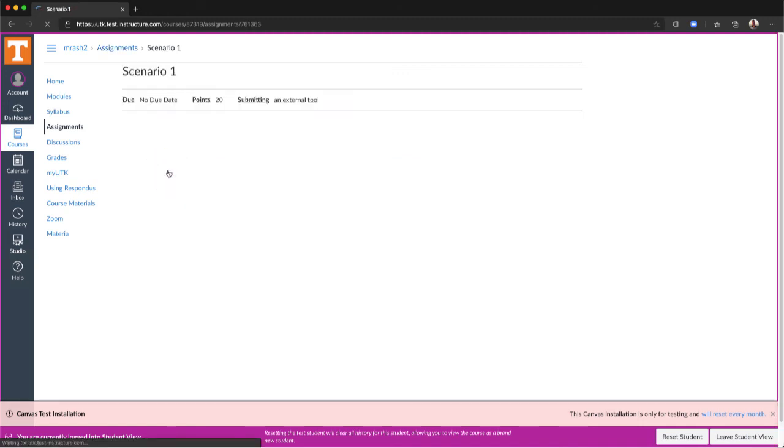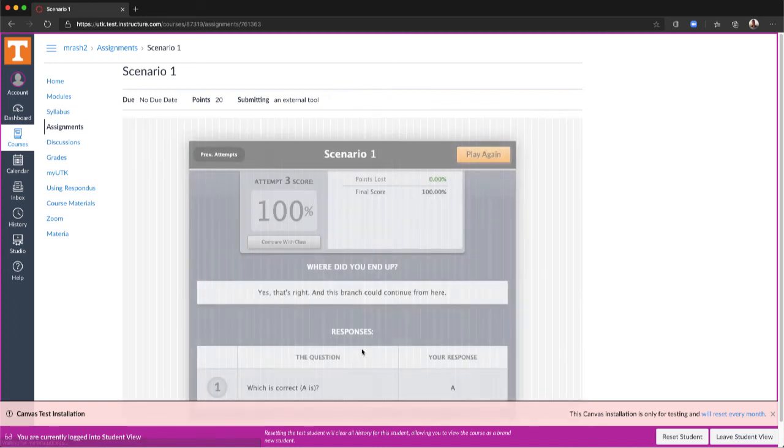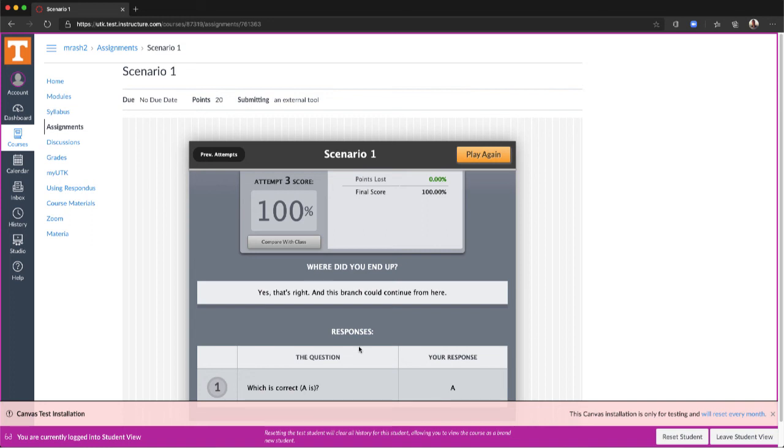So I'm going to select the assignment, and notice for me as a student, the widget itself loads instead of that message that I saw as an instructor. This particular widget is just a very simple example of the Choose Your Own Adventure, so I'm just going to click through quickly just so that we can get to the scoring. Notice the widget has assigned a score of 100%,